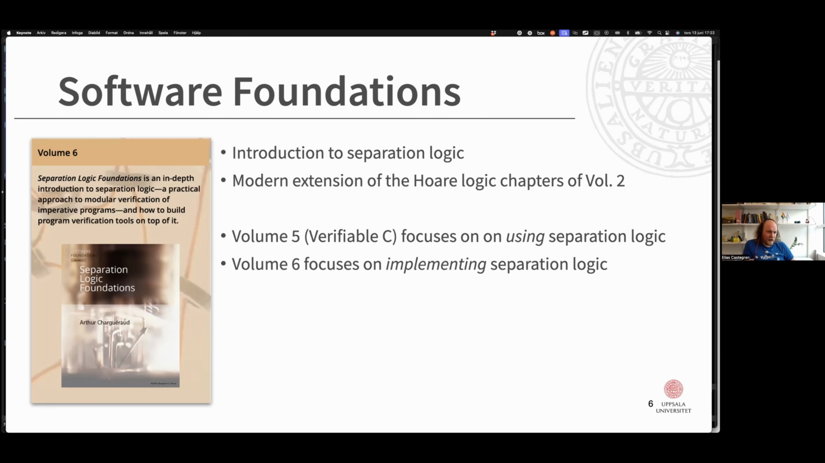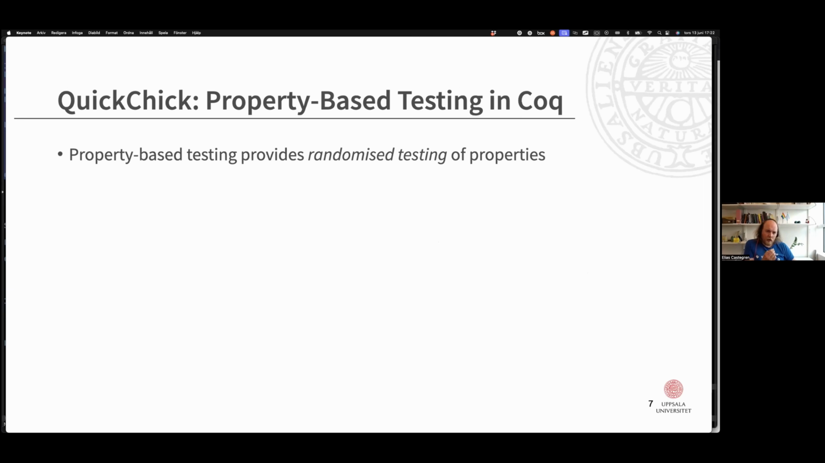So these are the volumes, and I thought that we would take a quick look at, no pun intended, QuickChick. So let's do property-based testing in Coq. So what is property-based testing? Well, it provides randomized testing of